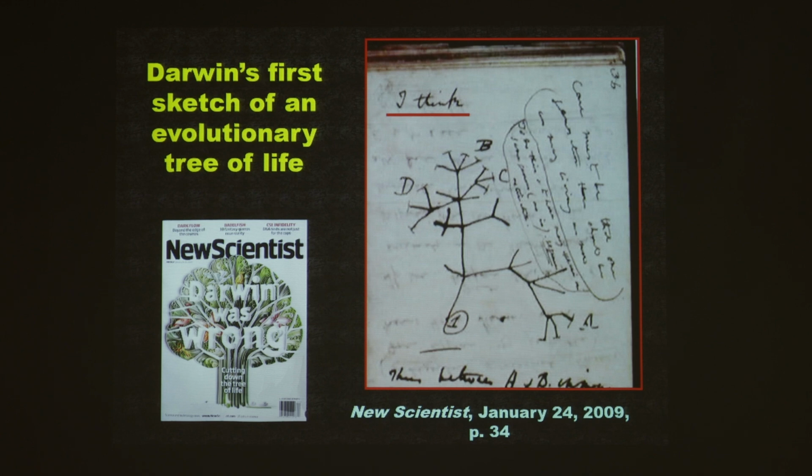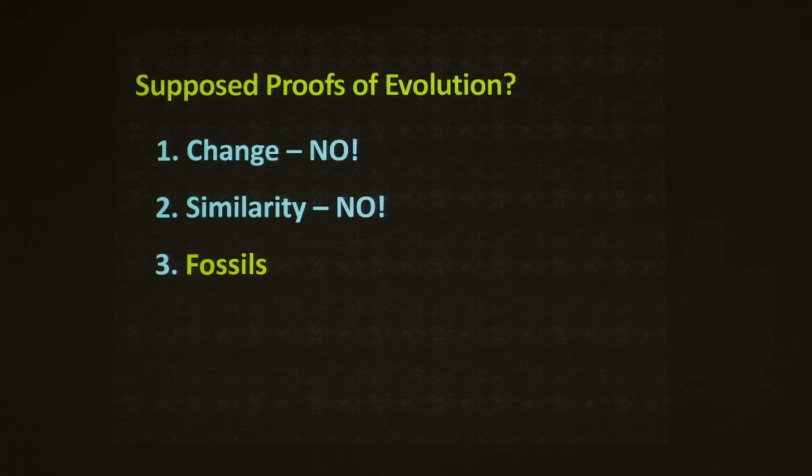And this shouldn't astound us when we realize what Darwin, or here's a picture of Darwin's original drawing of the tree of life. And what does it say at the top left? I think. This is a man's idea, it's a man's theory. Not that I'm against thinkers and theorizers, no, but don't you realize the hazards of taking what someone says, I think, and saying, it is fact. It is fact without having evidence, right? Without having proved it through observation and experimentation, the building blocks of science.